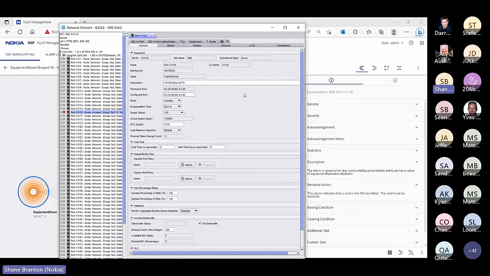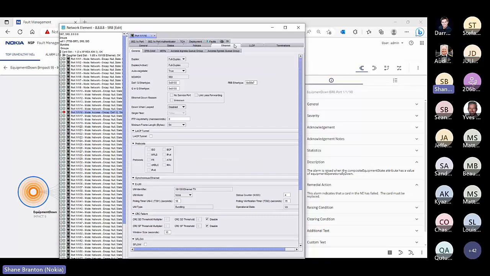Now, this wasn't an administratively down. To be honest, the problem doesn't really matter too much here. What I actually did was I just changed something on the Ethernet side of things, because I wanted to simulate an equipment down, not an admin down, just to really show the difference. The fact that it actually ended up being a major alarm, that was the root cause,